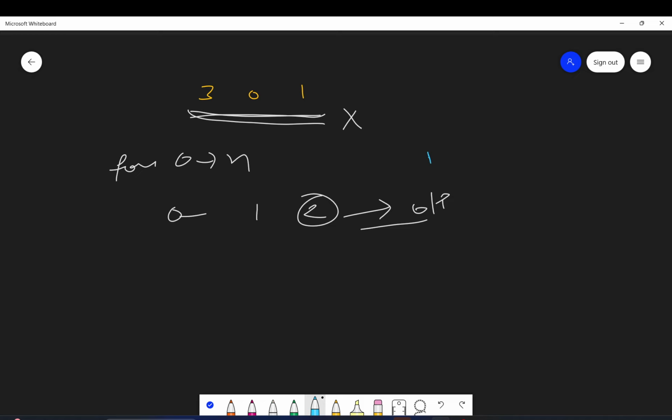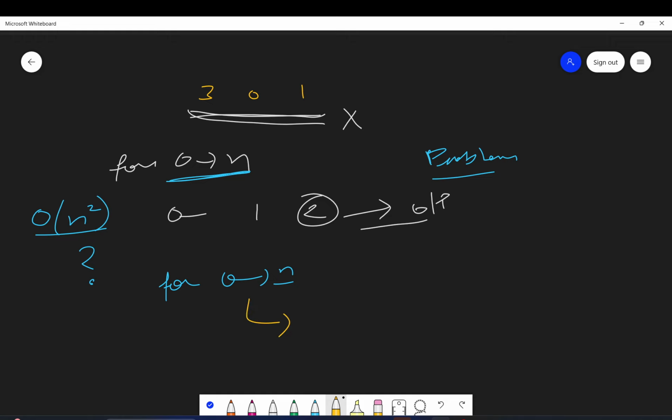Now what is the problem with this approach? The problem with this approach is the time complexity is O of n square. How? When you iterate from 0 to whatever n is given, and for every iteration, when your i is 0, then 1, 2, up till n, for every iteration you will do a search in this array.